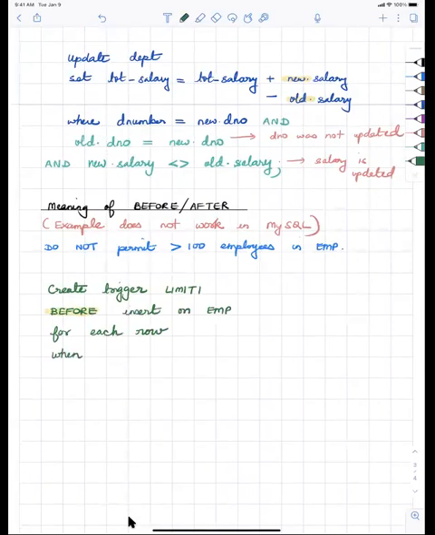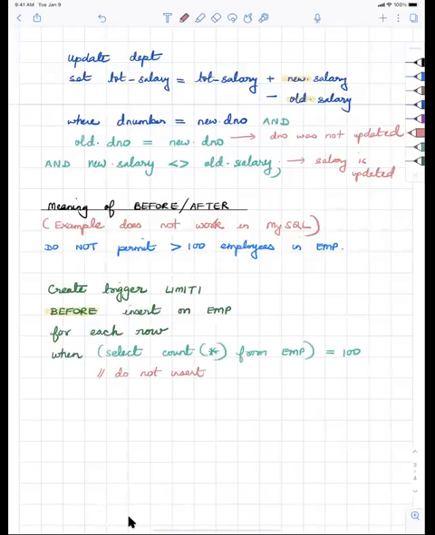when select count star from employee is equal to 100. So what I'm saying is when select count star is 100, do not insert. So this is what I really wanted to do: do not insert. So I'll write it down as